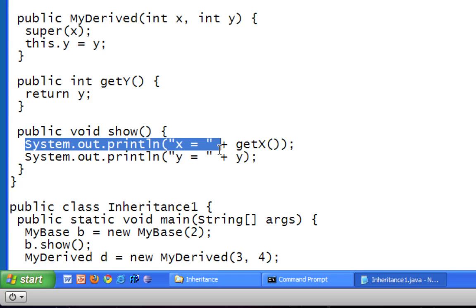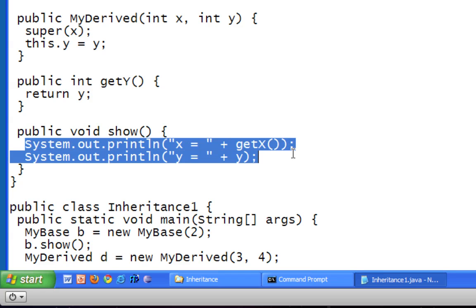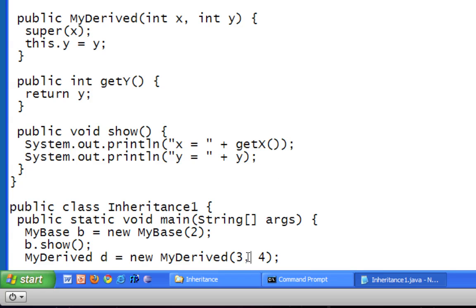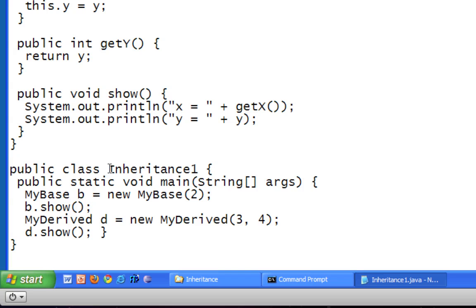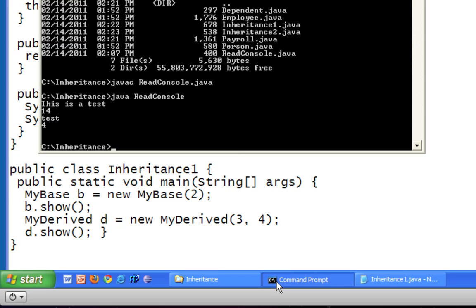All right, so now we have a system out. Now this new one shows both X and it shows Y a little bit more. And so now I put the driver program in here as well. This class is called Inheritance 1, and it's a basic standard. It's going to say my base B is equal to new base 2, so X is going to be equal to 2. B.show, and then we're going to say my derived D, derived class, is going to be equal to a new derived with an X and a Y, and then show. So if I compile it,